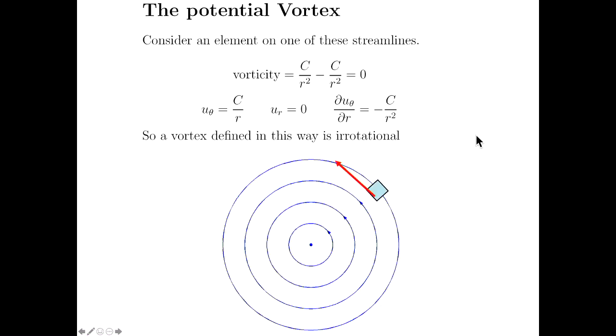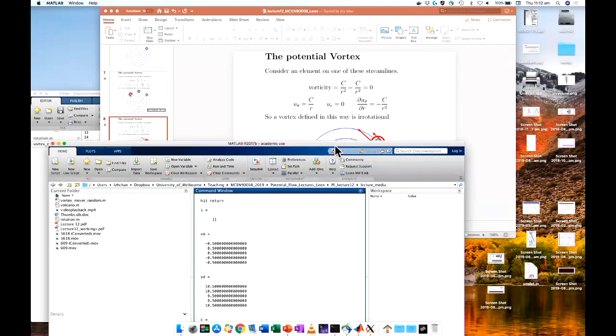if you look at how we have defined our potential vortex, right, where u theta equals c divided by r, you can see that my azimuthal velocity is going to be higher as r is smaller, right? So my velocity here is actually larger than the velocity here. Okay, and this will cause a clockwise rotation. Right? So for a potential vortex, what actually happens is